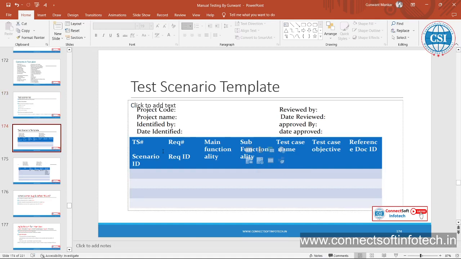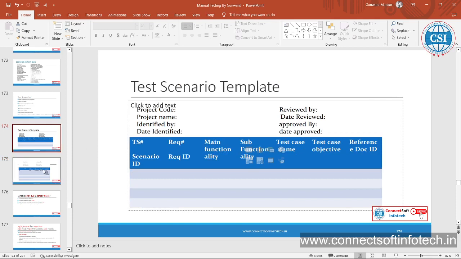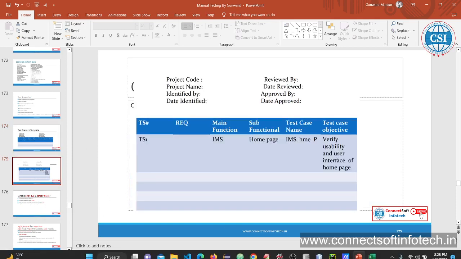Okay, requirement id मतलब test scenario id, requirement id। ओके, मेन फंक्शनलिटी क्या हो उसमें, सब फंक्शनलिटी, टेस्ट केसेस नेम, टेस्ट केस ऑब्जेक्टिव, रेफरेंस आईडी। अब ये इम्पोर्टेंट उतने नहीं है, जो इम्पोर्टेंट है इसमें जैसे रिक्वायरमेंट आईडी या टेस्ट केस सिनारियो आईडी, दैट इज रिक्वायरमेंट। हर कंपनी का अलग अलग रहता है। ठीक है, लेकिन रिक्वायरमेंट शुड बी कवर्ड, ये जरूरी होता है। रिक्वायरमेंट कवर्ड होनी चाहिए, वो इम्पोर्टेंट है, दैट्स इट। ओके, सो दिस इज व्हाट टेस्ट सिनारियो टेम्पलेट।